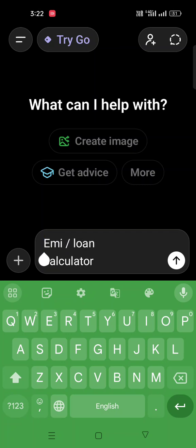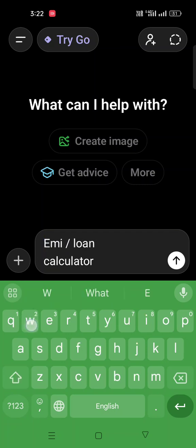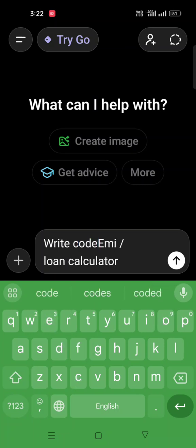Okay. First I'm trying to get the code from ChatGPT. So here you go. Look at the screen. I'm writing a prompt.